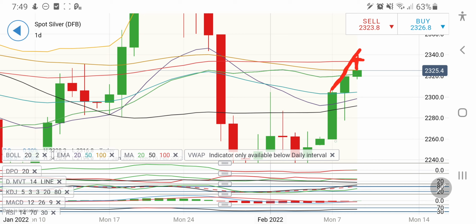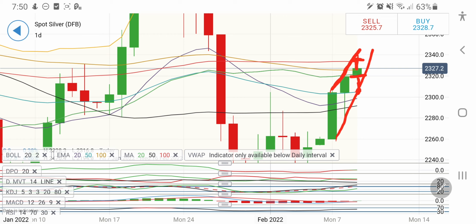On the downside, you can see here it can break till towards 2310 levels. So if you want to go long, you can again take an entry at 2310. Also, till the time today it remains above 2318, 2315 levels, you can remain long. In fact, 2310 is a strong support, 2318 is a strong support. You can remain long till above those levels.